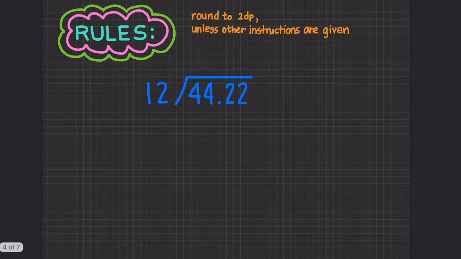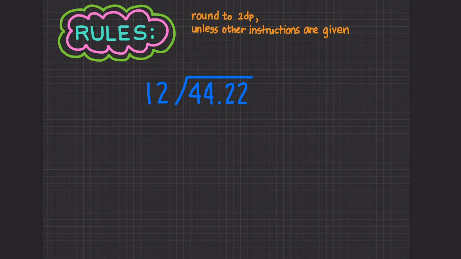So there are certain rules when we are dividing with decimals, okay? First of all, usually, if there are no instructions, you are asked to divide, and the answer or the quotient needs to be rounded to 2 decimal places, okay? So for the first rule, you have to remember when you are dividing and the dividend, the number we are dividing, has a decimal,